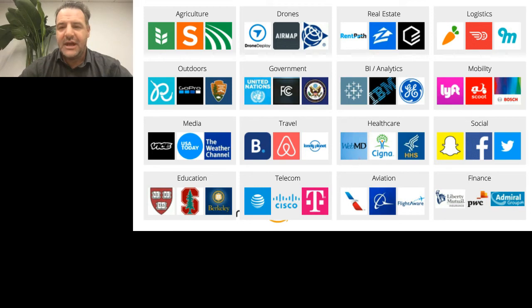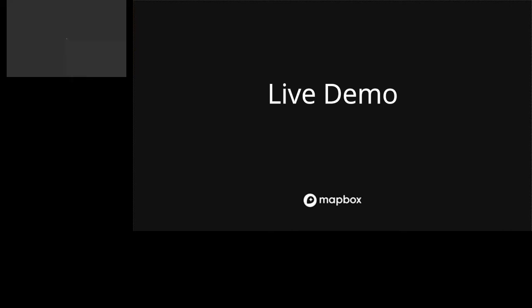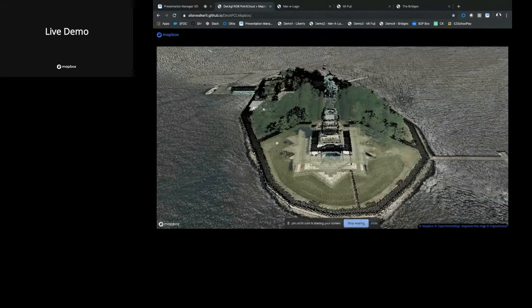Anyway, what we're here to do today is basically go through some demos. So I'll open up my screen share so we can have a look through the work that we're doing. So the first example that we wanted to go through today was the Statue of Liberty LIDAR point cloud. So using Mapbox and the Uber Engineering DeckGL libraries, what we're able to do is to build